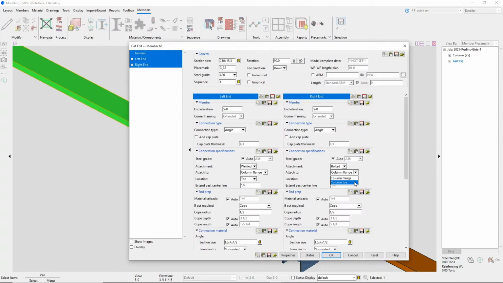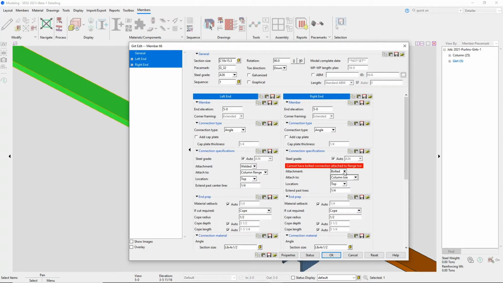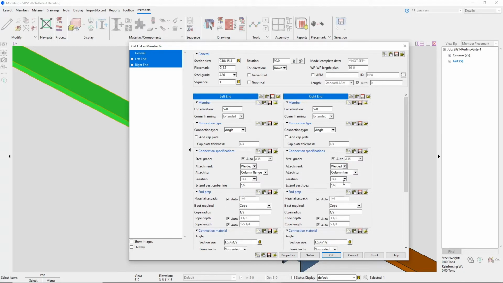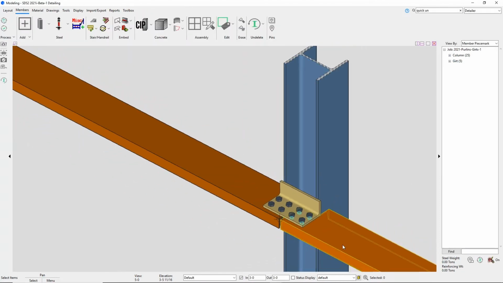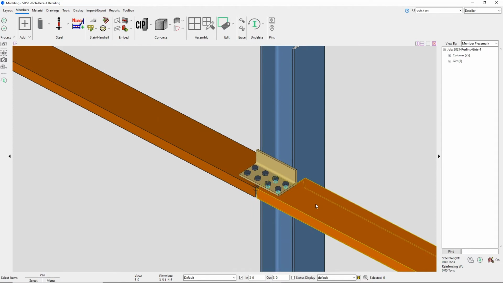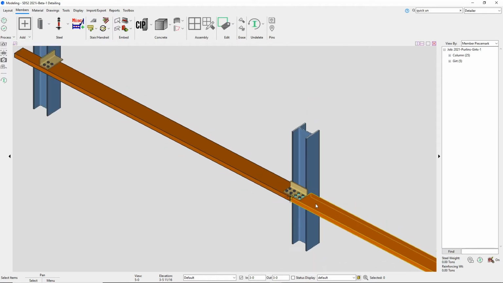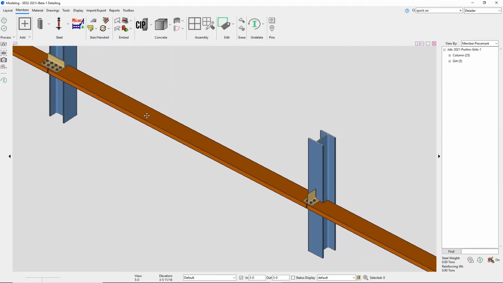Moving down the line, I'm going to set this to a column toe, but it will need to be welded. The weld will be to the back side of the angle to the flange of the column. I could have put a negative distance in the extend past center line if I wanted to change where the weld was located. You can also see down the line that I have a WT example